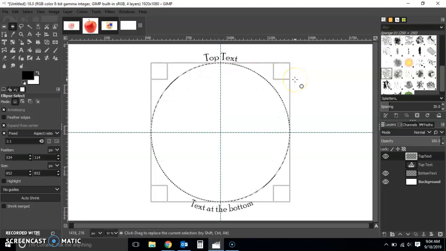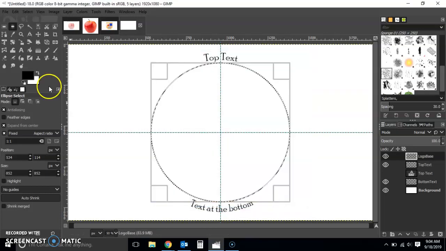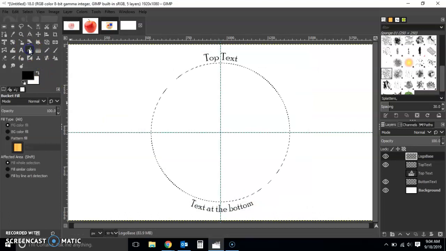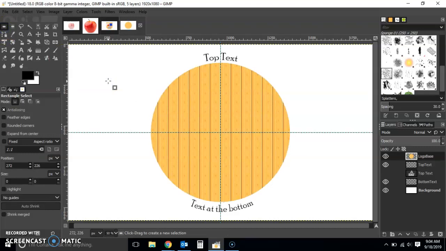So I can have this Shift Control N. I'm going to create a new layer called the logo base or something, right? Then manipulate that, maybe with a pattern fill like that, right? Then I can go ahead and manipulate this so that I have a different kind of logo, right? So this is